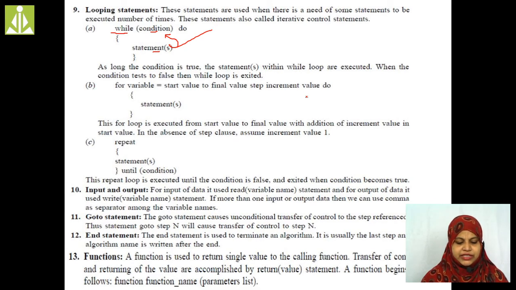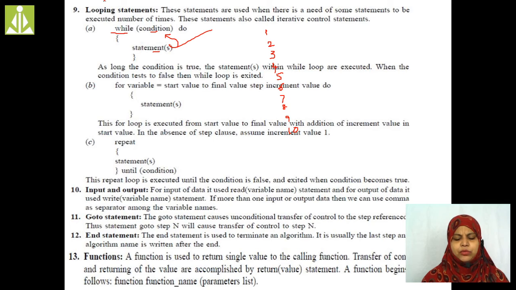Right. Next one is the go-to statement. For example, say any lengthy project is there, and you are going to write an algorithm for that project. In some cases, if you want to skip some part of that particular project, at that time directly we use this go-to statement. Directly we skip that particular block, then we execute the next statement. For example, see here, 1 2 3 4 5 6 7 8 9 10 lines of code are there.